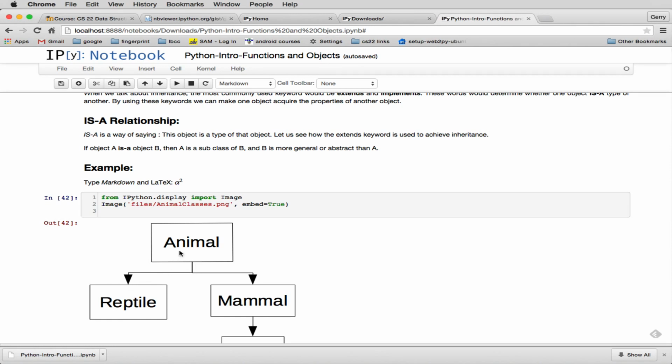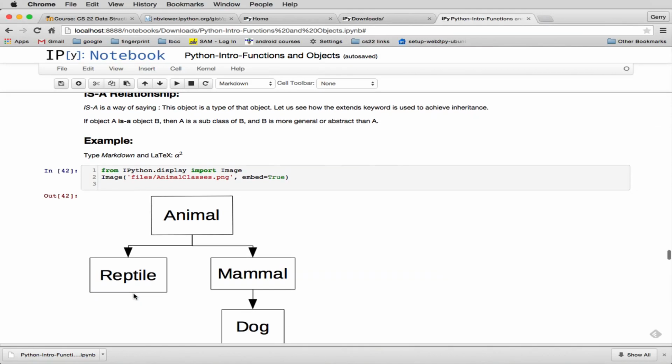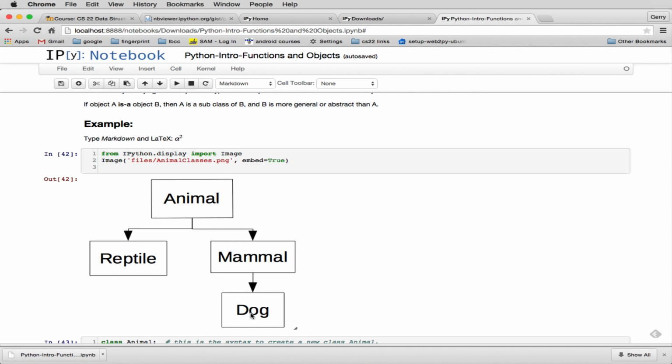So this is another type of diagram which represents an inheritance hierarchy, where you have several classes, in this case 4, and they're all related to each other by the is-a relationship, specifically where the arrows go. So reptile is an animal, mammal is an animal, and dog is a mammal. Dog is not a reptile. Now you would say, well, of course dog's not a reptile, because I've learned in biology that that's not the case. But in programming, even though we're representing that relationship,